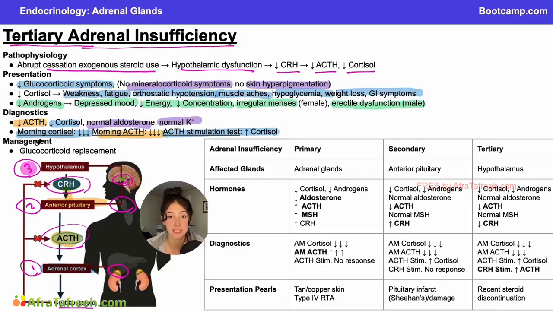Management is just going to be the replacement of what we lack, so glucocorticoid replacement. And a special note here, for patients who do require glucocorticoid replacement, this is going to be different amounts of glucocorticoids depending on if they're perfectly healthy, living their normal lives. It'll be a pretty standard dose. But if this patient is experiencing a stressor such as a recent illness or they're hospitalized or they have a